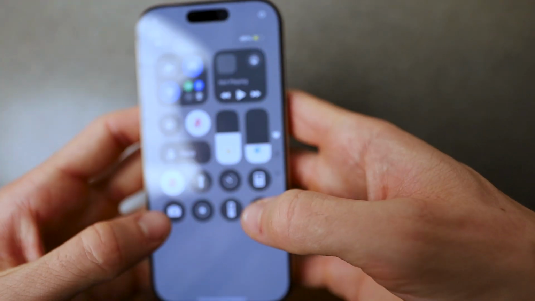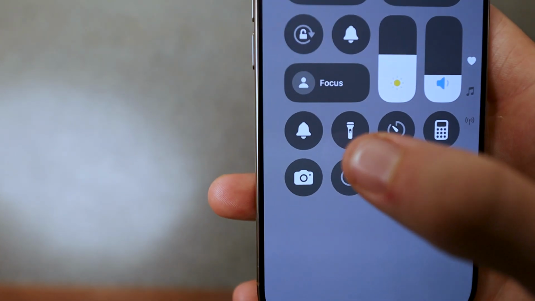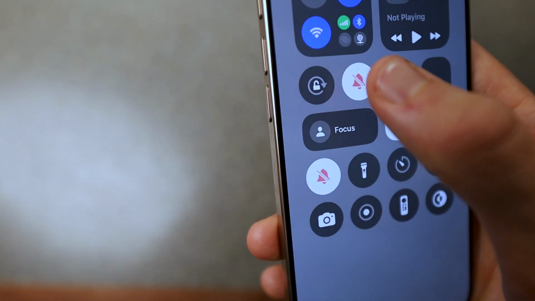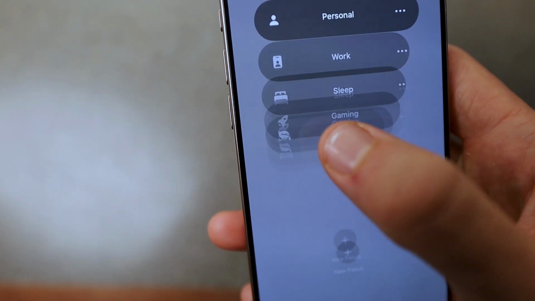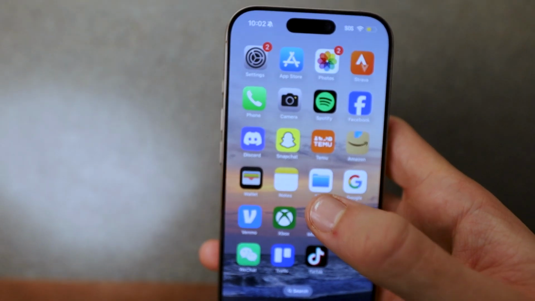right-hand corner and click on this notification bell right here. From here, you can simply just turn them off just by having this on right here, and it's even the bell right here, and as you can see it turns them off. You can even do focus, click on the Do Not Disturb option. Now that will basically turn them off, but if you want to turn them off literally completely, all you need